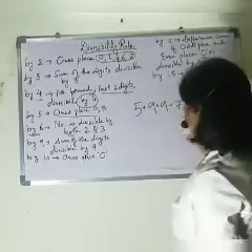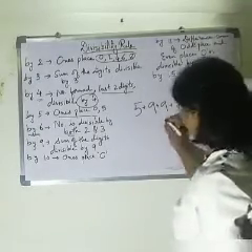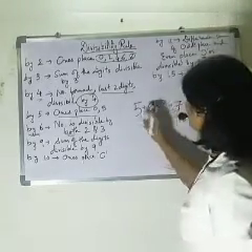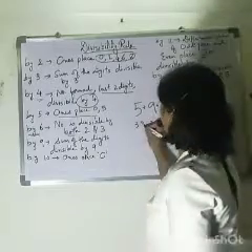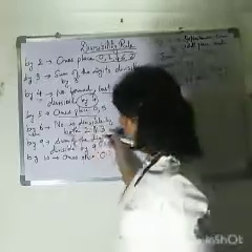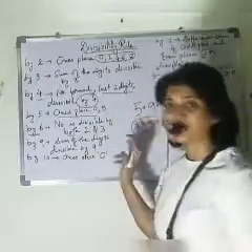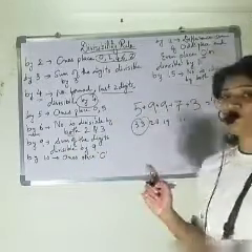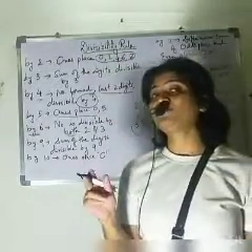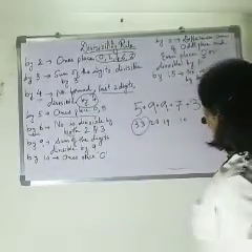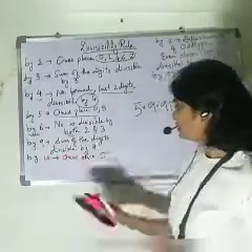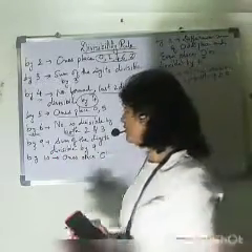Okay. 7 plus 3, 10. 10 plus 9, 19. 19 plus 9, 28. 28 plus 5, 33. So, what is the sum of the digits? 33. The sum of the digits needs to be divisible by 9. So, in 9's table, do we get 33? 9 3s are 27, 9 4s are 36. We don't get 33. So, that means the sum of the digits is not divisible by 9.